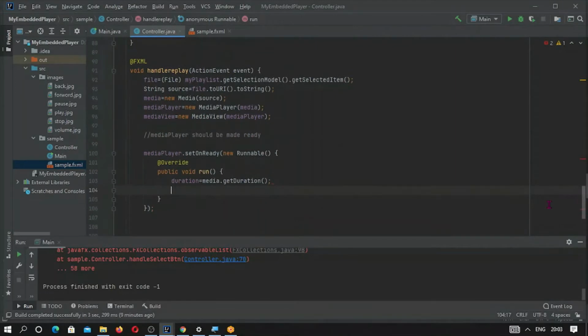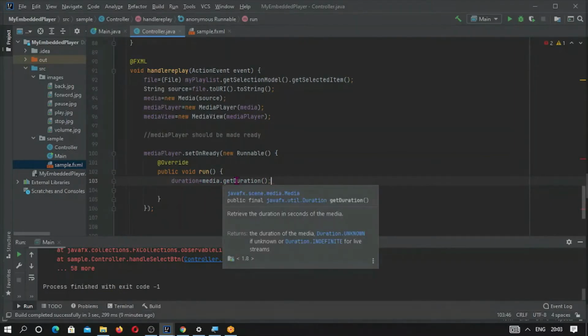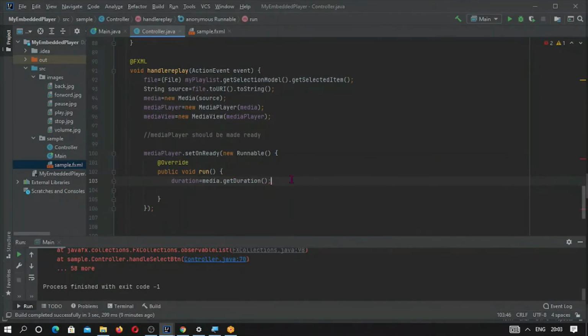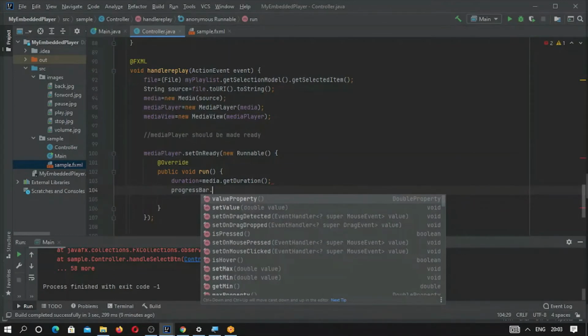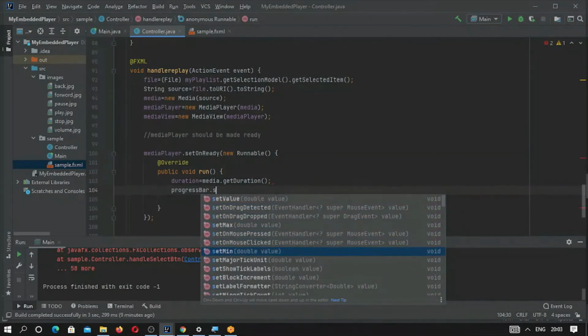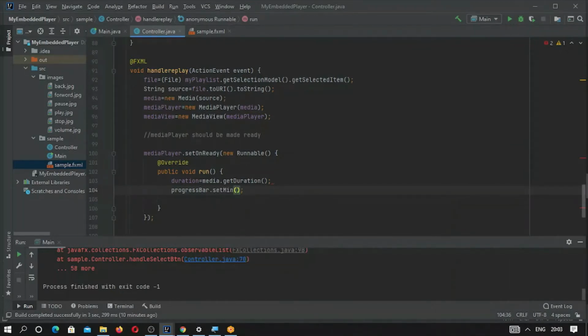So slider progress bar dot setMin, first we set min, and it should be 0.